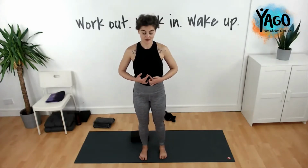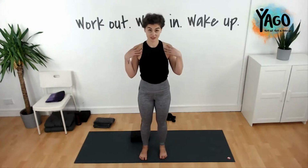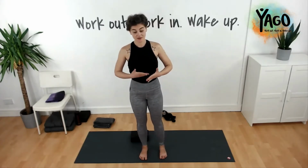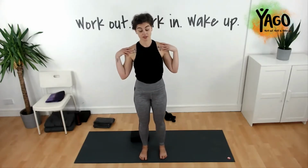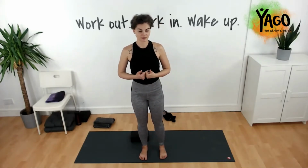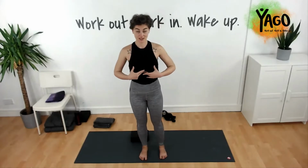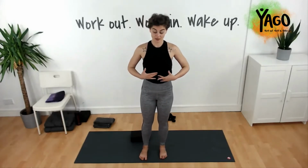What it does is it makes you more aware of the upper body. A lot of the time we collapse into our upper body, and we have a tendency of thinking that if I just arrange my shoulders, everything will be fine. And it's not the case. What we're actually doing is we're completely disengaging the upper back, the chest, and the rib cage with the upper